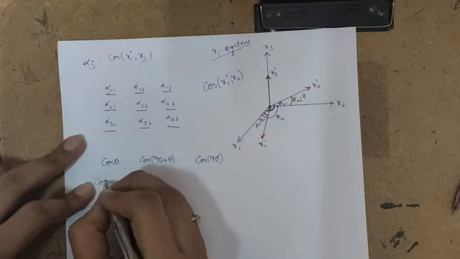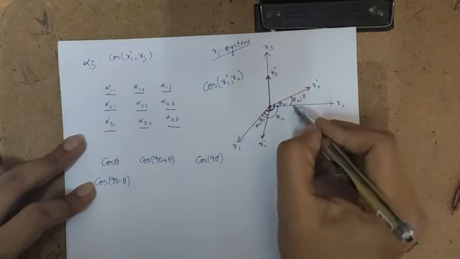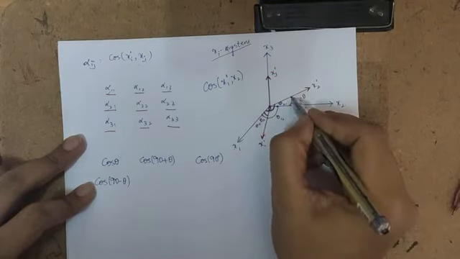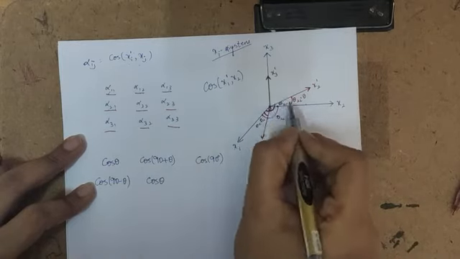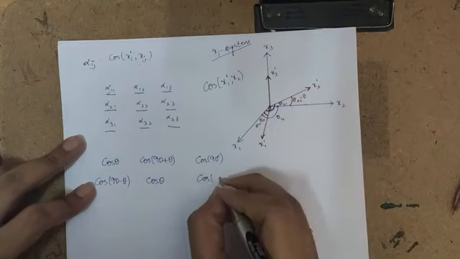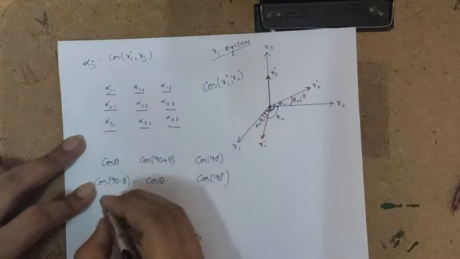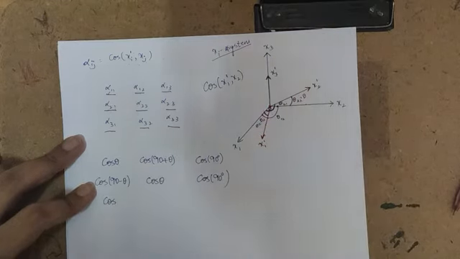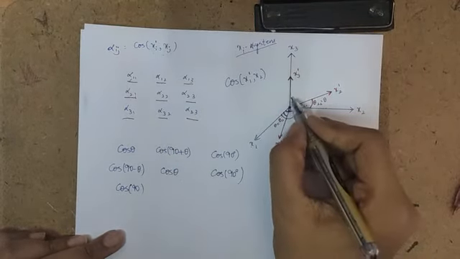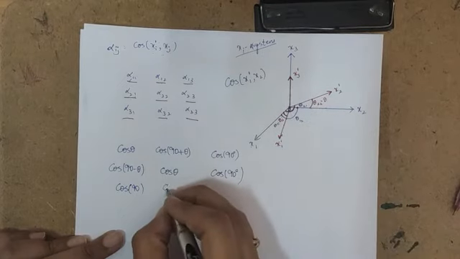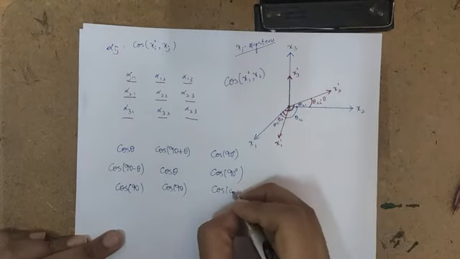Okay, that is cos of 90 minus theta. Alpha 2 2 is cos of x2 prime to x2, it is cos theta. Again these two are perpendicular to each other, so cos of 90 degree. Alpha 3 1 means along this, so it is cos of 90. Here 3 2 means 3 prime to 2, again it is cos 90. 3 3 means along, so cos of 0 degree.